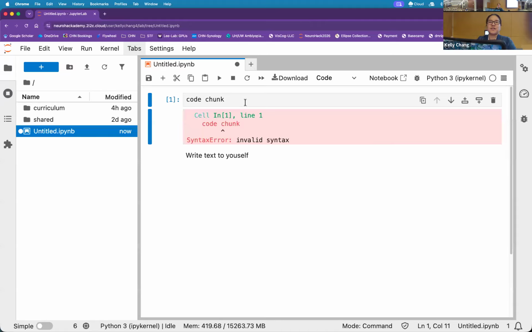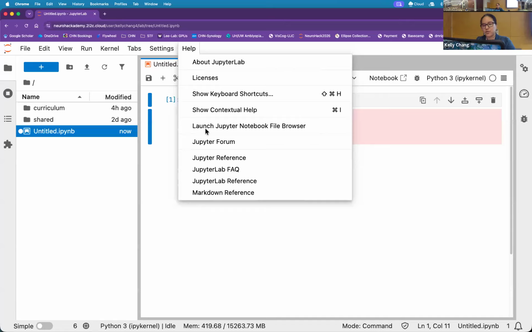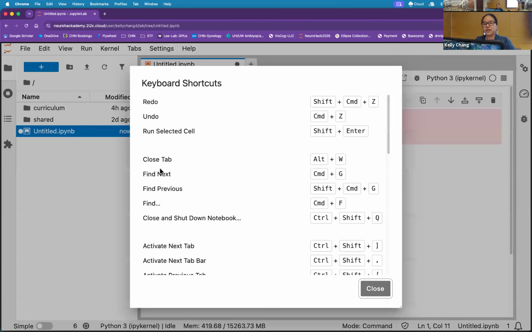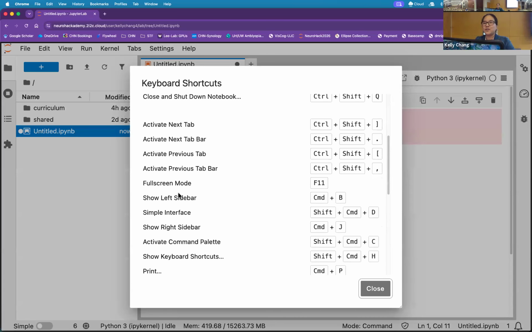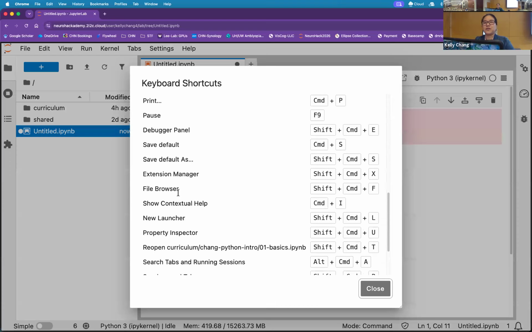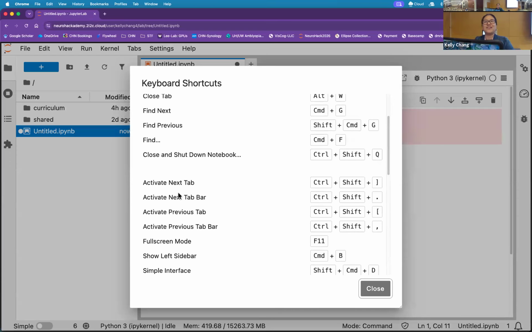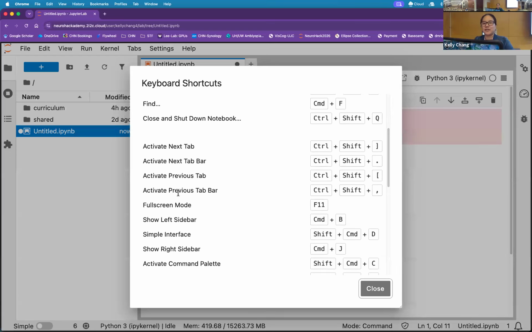I just wanted to make sure that sometimes you might accidentally find yourself toggling back and forth between code and markdown, because there's a lot of shortcuts also in Jupyter notebooks that you might not know about. In this help menu up here, it can show keyboard shortcuts. I do a lot of shortcuts and I sometimes forget to explain it while I'm talking. If you find yourself feeling like I've skipped something, it's probably in here. I'll try to slow myself down and explain it again.